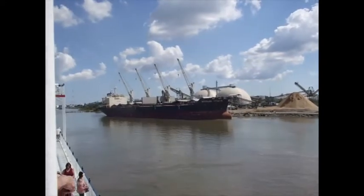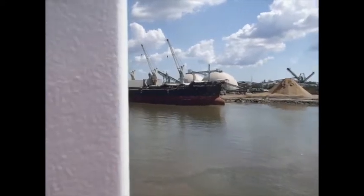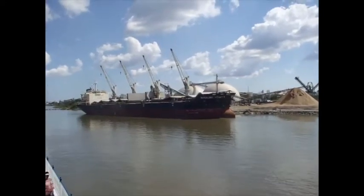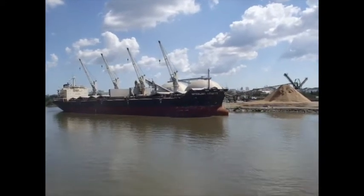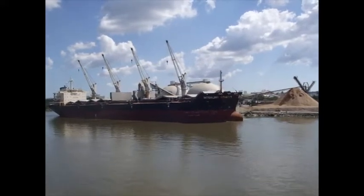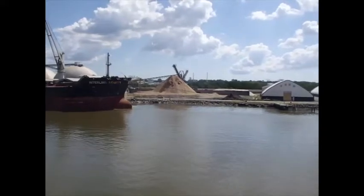But I'm going to tell you more about that here in a second, because right now we're about to see another ship up close here called the Interlink Acuity. This is obviously another bulk carrier, like I was telling you about earlier, but also you can see exactly what it is they're loading. Folks, you see that giant beige-colored pile of stuff right there? Folks, I love pointing this stuff out because what you're looking at right there is currently the world's largest pile